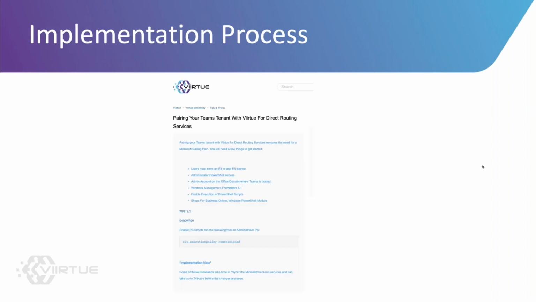So for the implementation process, Isaac was awesome enough to put together a full article. It's in our knowledge base. We are going to start turning off knowledge base articles for outside view. So all that really means for you guys is you'll just have to create an actual authenticated account, if you don't have one today, to our Zendesk. And then you can just view these articles. It's just so everybody else who's not a Viirtue client can't see these.